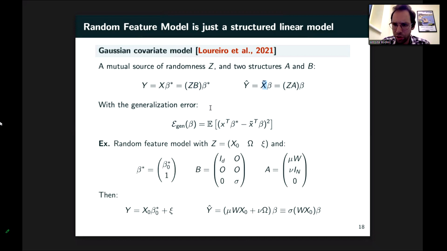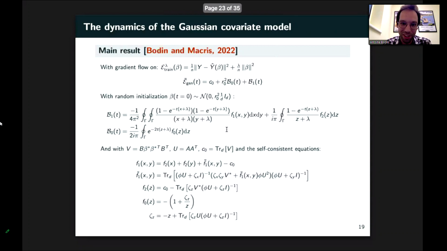And we could actually wonder what's going to be the generalization error of this model. And this is actually sufficient to describe a whole range of different models, such as the random feature model that we described earlier. Okay, I won't describe much more about that, but you could actually define some structure for those matrices A and B that will actually replicate this linearization that we have seen earlier. And if you use this tool and you push it to the limit, what you can get is a very complicated formula at first sight that actually can describe the evolution of the generalization error on this sort of general model.